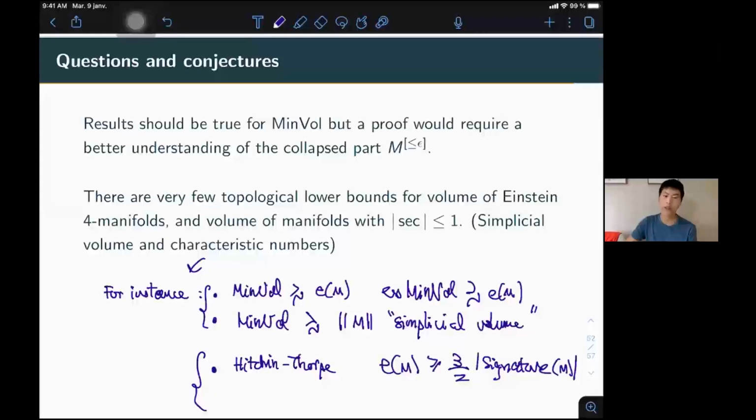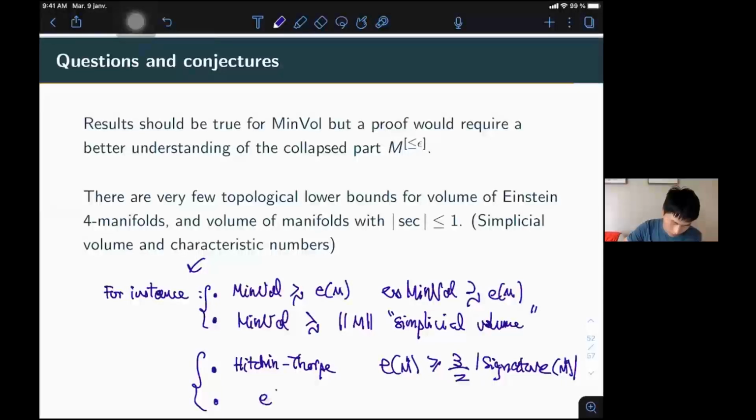So this inequality holds if M carries an Einstein metric, M being of dimension 4. So that's a restriction, right? Because topologically, there are a lot of manifolds not satisfying this bound. And on the other hand, you also have this bound